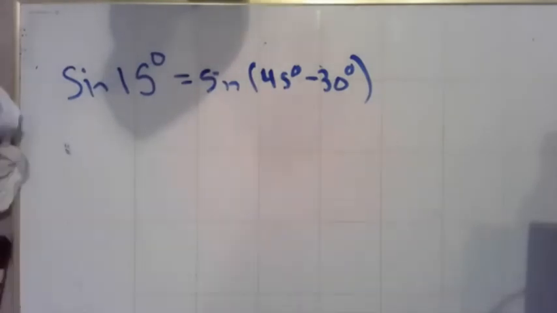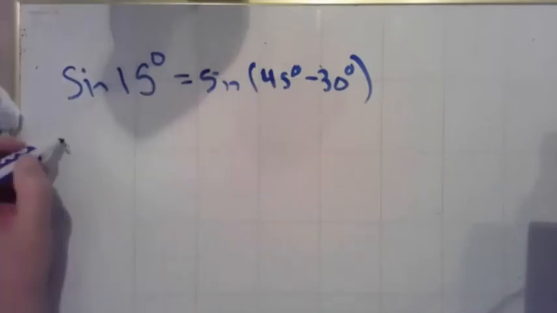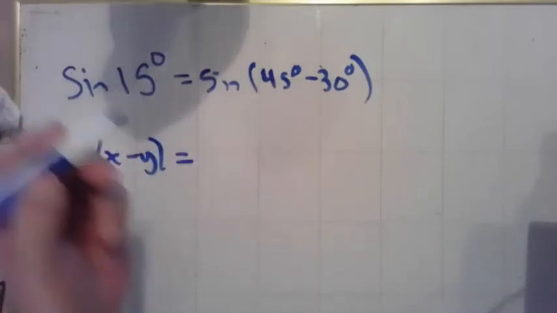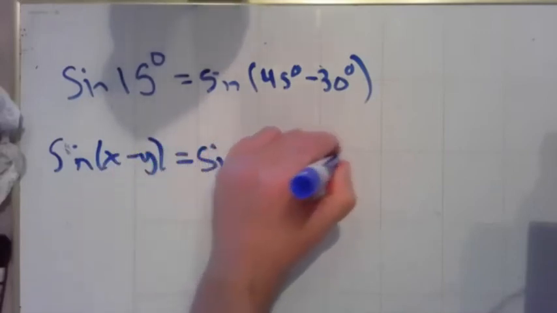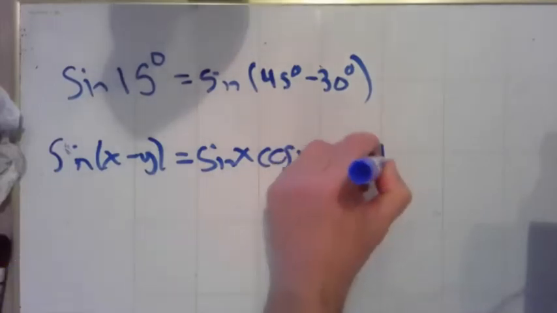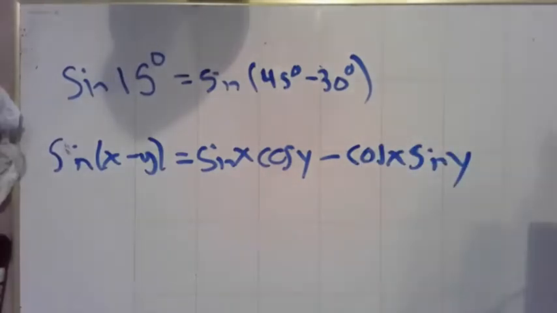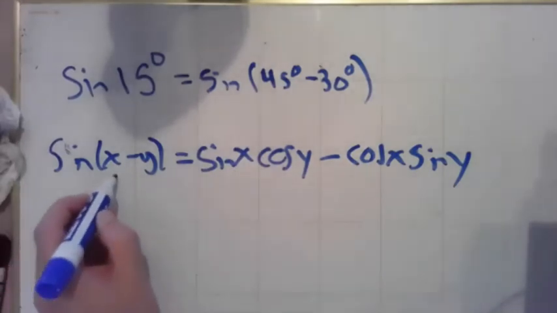Now I got to go to that formula that looked like this, the one that said sine x minus y. And just looking at that formula sheet, that was sine of x cosine of y minus, because that was a minus, cos of x sine of y. So I figure out who my x and y are. X is 45